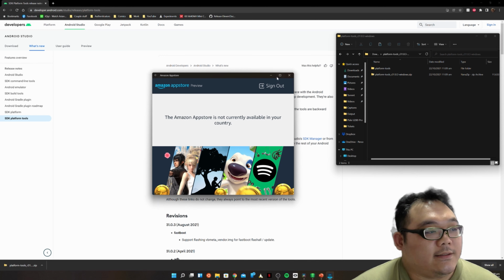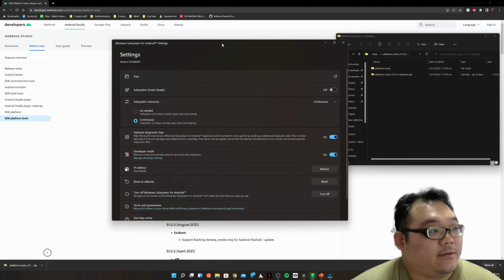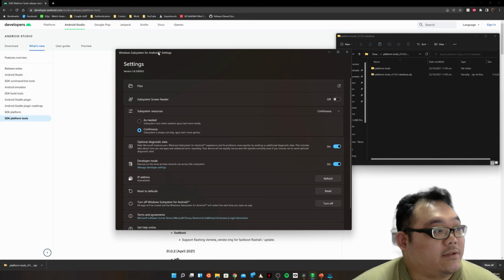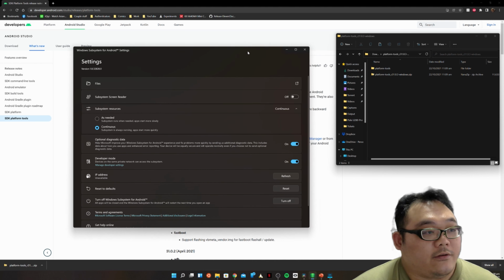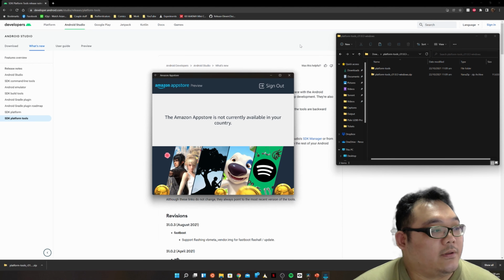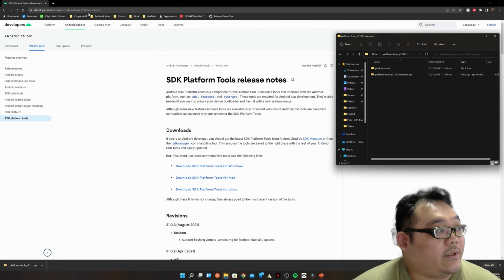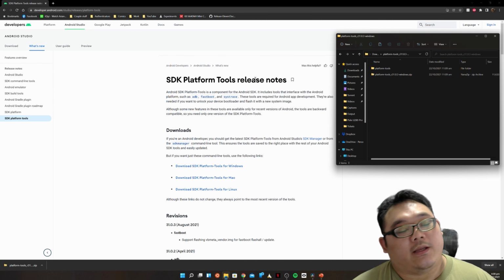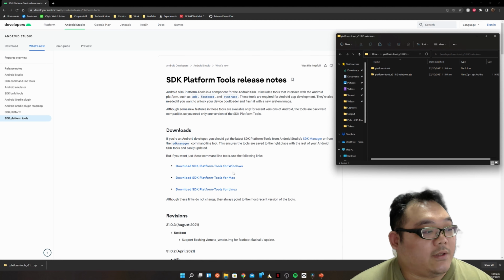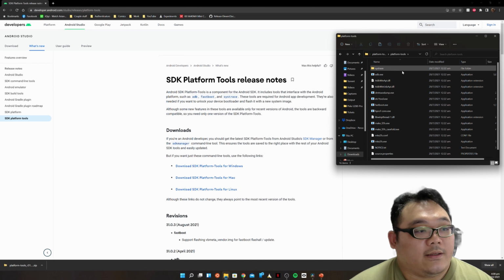Because what this does is actually get you the Windows Subsystem for Android. And once this is installed on your system, then you'll be able to install Android apps on your own. So you will need to go to this website, developer.android.com, Studio releases and the platform tools. With the platform tools, you download this for Windows SDK, and with that, you unzip it, and in here,